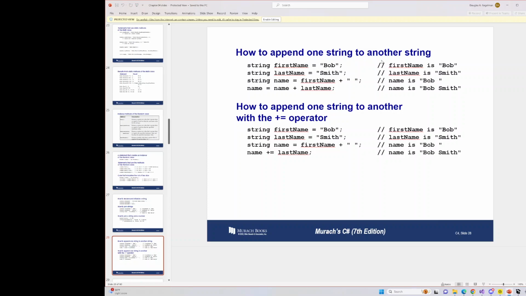How to append one string to another string. It's pretty much the same thing. We just kind of did all that. They declare a data type of string, give it a variable name, firstName, and assign it the value of Bob. And again, we know it's a string because it has the quotes around it. String lastName, give it a value of Smith. And then they do string name. So then it's assigned the value of firstName plus. And doing that,